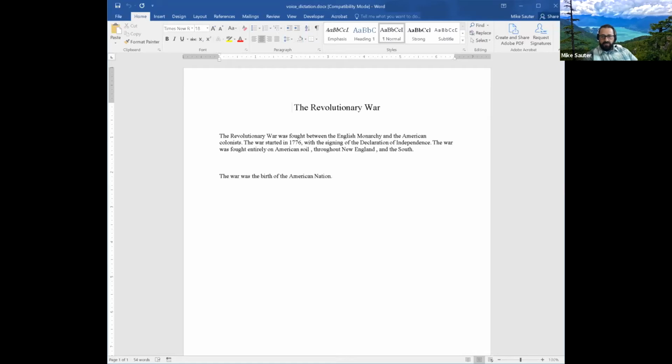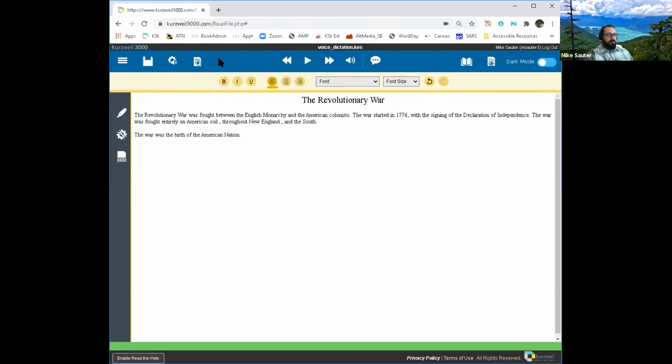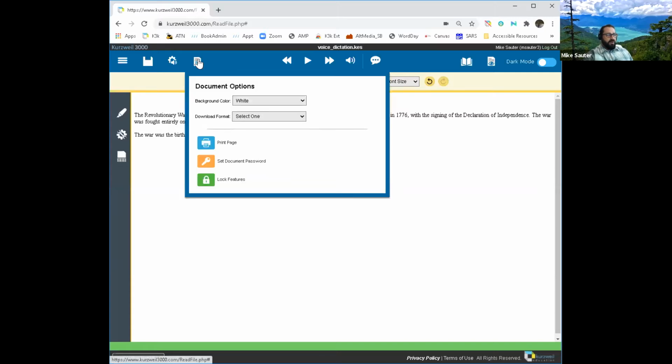Okay, let's go back to our Kurzweil real quick. Make sure that we covered everything. And remember, that download option was found under the document icon on the top of the screen. I do have other options. I can download it as a PDF, which is a format that you can't really edit very easily.